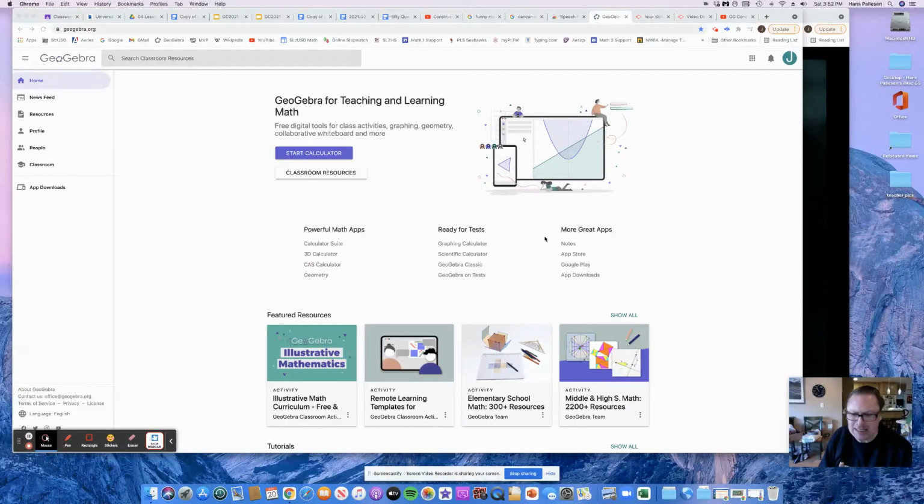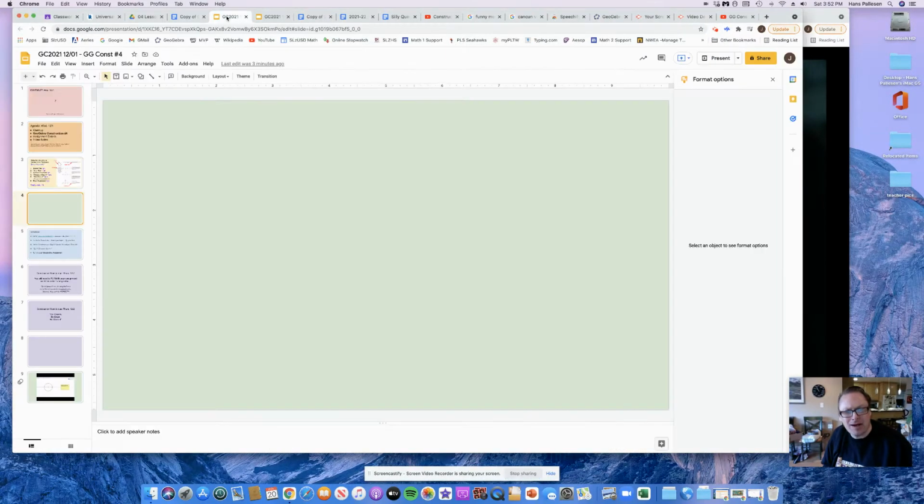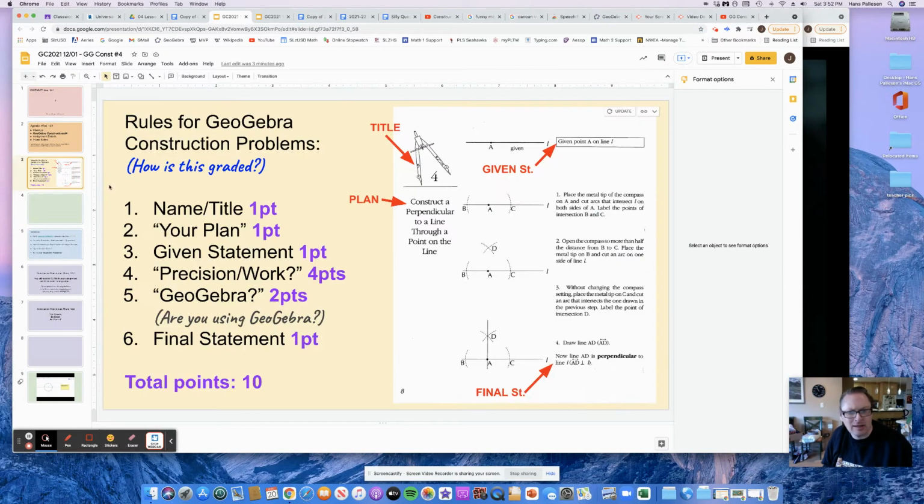Hi, everybody. So today we're gonna work on construction number 4, which I have right here. Let's look at this picture. It's about constructing a perpendicular to a line through a point that's on the line. All right, and it looks like we have our point A on line L, and then